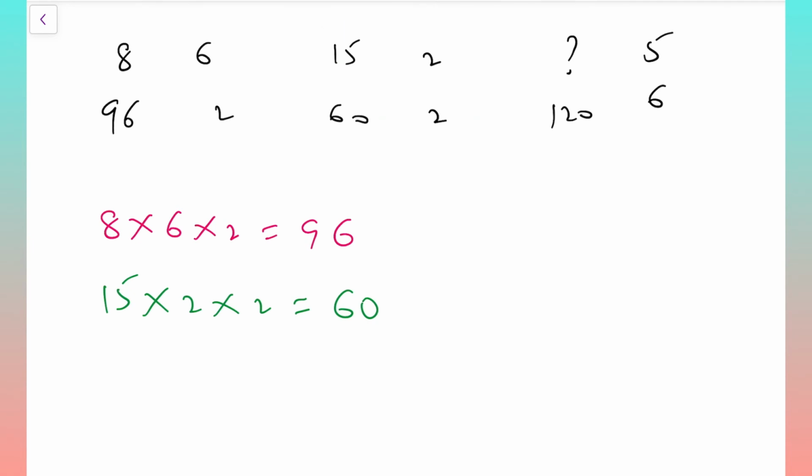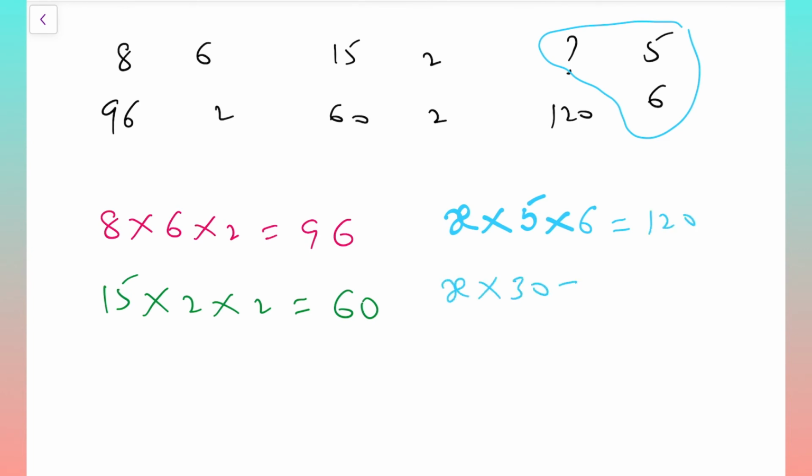Now let us apply the same for the last one. Here some number is missing. That number I am taking as x. x into 5 into 6 is equal to 120. x into 5 6s are 30 is equal to 120. Now we want the x value, so I will take 30 to the right side. So it will become 120 by 30. 120 by 30, it is 40. So the missing number is 40. Oh sorry, only 4, because 120 by 30, right? So it is only 4. Okay, next question.